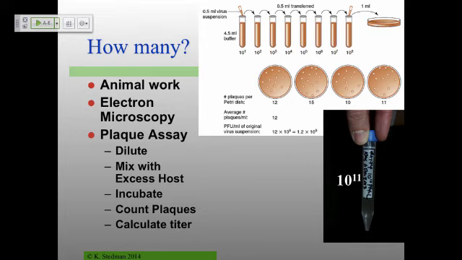Probably the gold standard in terms of how many infectious viruses you have is working with animals, certainly if you're talking about animal viruses. Animals have all kinds of problems. They're big, they're expensive, and it's really hard to get a decent number of them to get much in the way of an experiment. When you think about animal experiments, you're usually talking about 10 animals or something like that. So it's great if you're really interested in pathogenesis and how a viral infection really has something to do with an organism. It's almost impossible not to use animals. But if at all possible, try and move away from that.